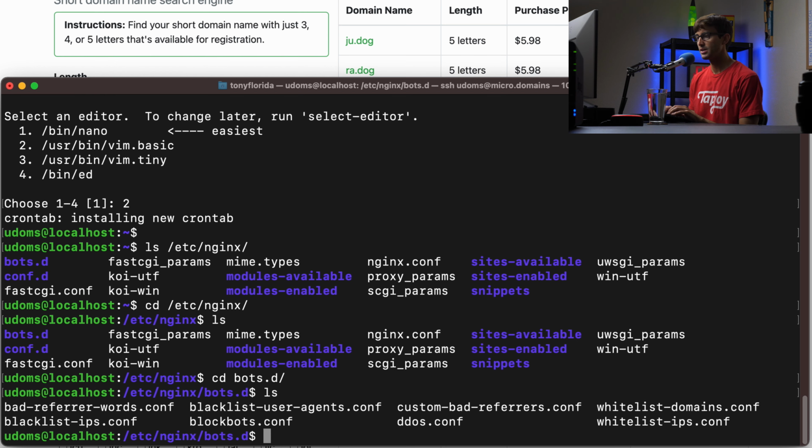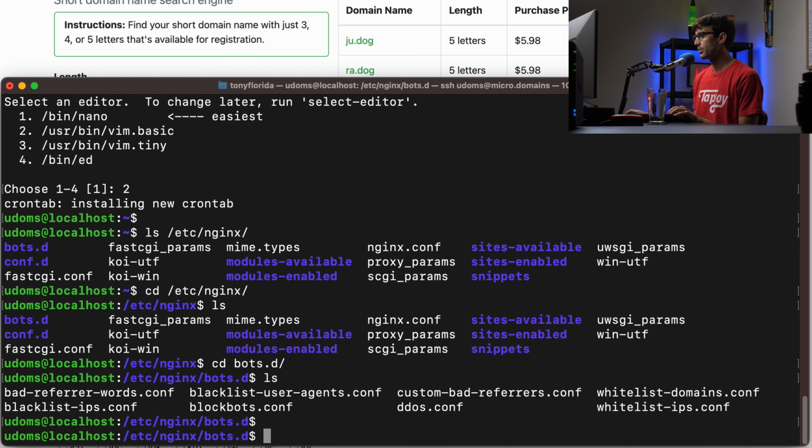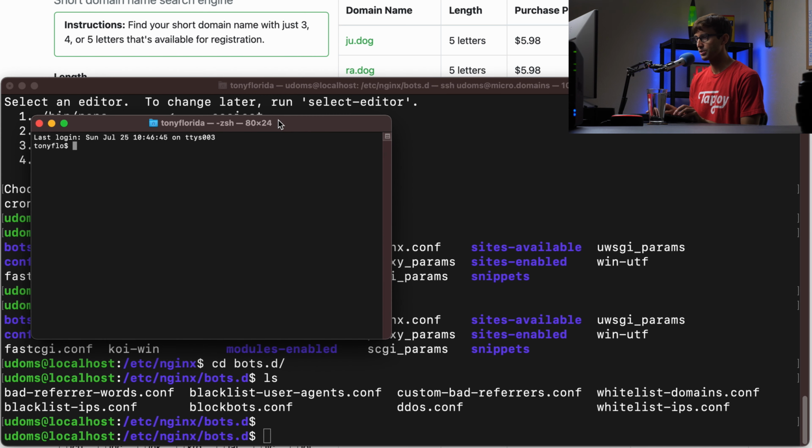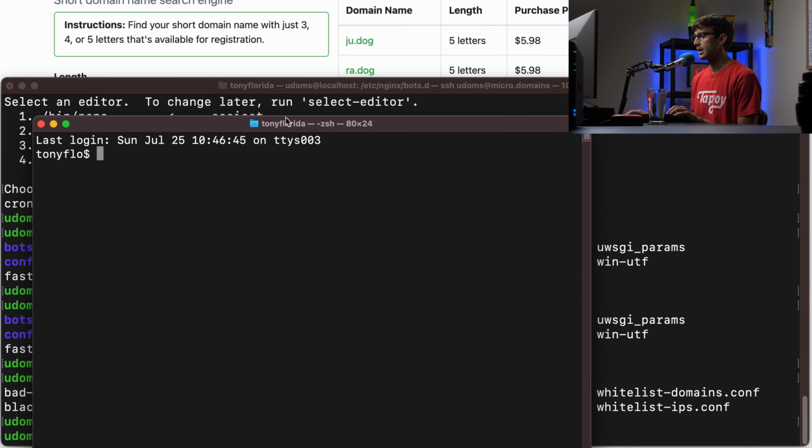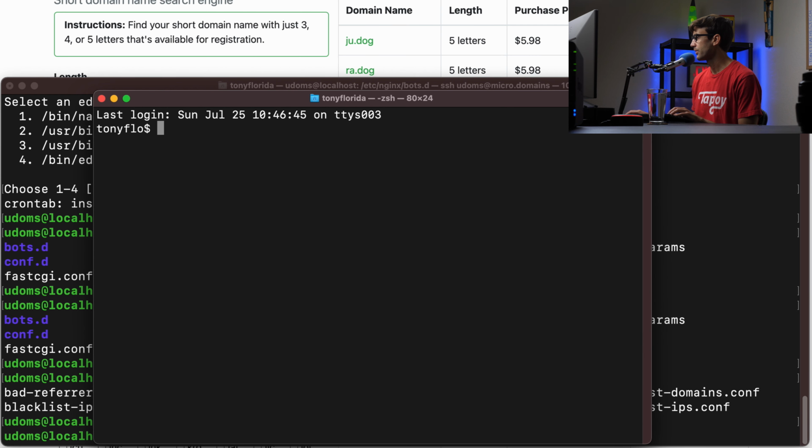And all of these files in here are configurable by you. You can come into one of these files, and we'll actually do that later. We won't do that now. We'll come into these files, and I'll actually add my IP address to blacklist-ips.conf and show you that it's actually working. But another way that we can show you that it's actually working is to do a test. Like we can simply open up a local terminal session here, and I'm going to use my cheat sheet over here and show you that